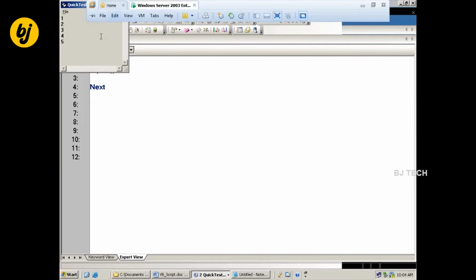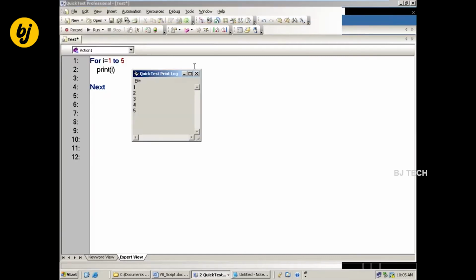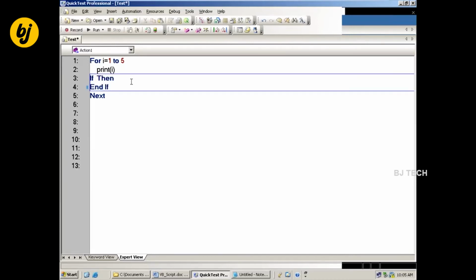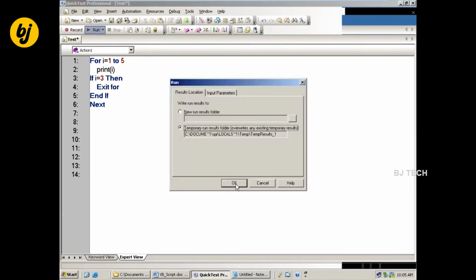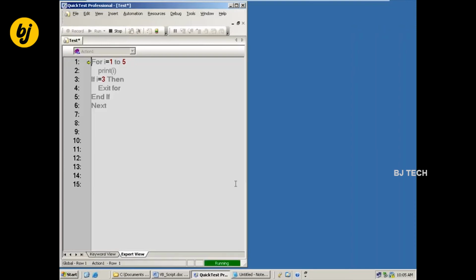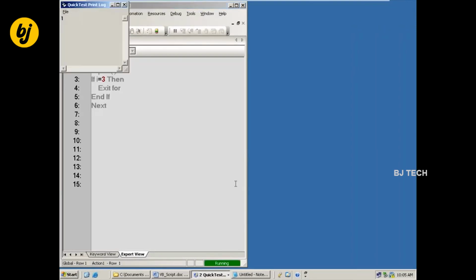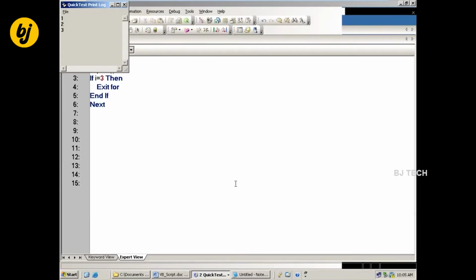Now here I also want to break the execution when the I value is equal to 3. If I equal to 3, then exit for. 1, 2, 3.